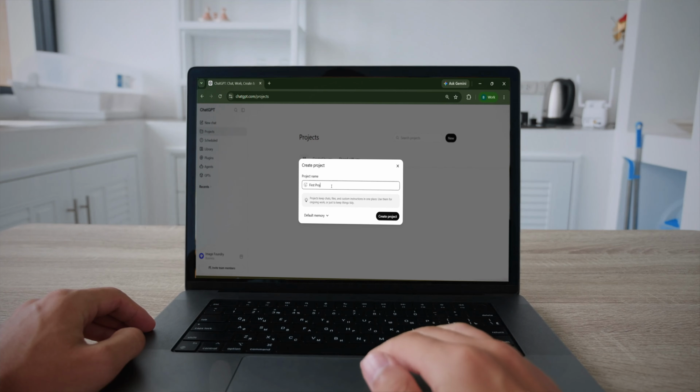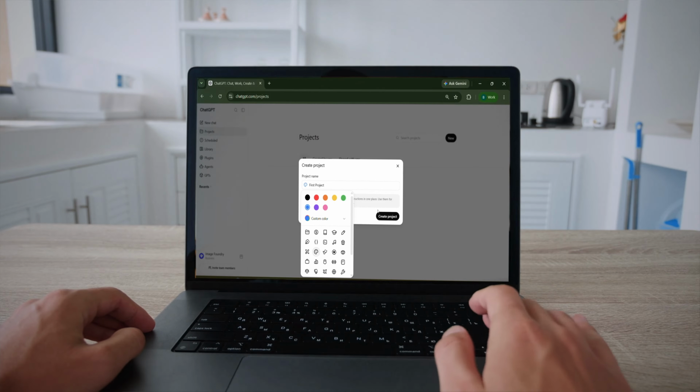Creating projects in ChatGPT or Claude is actually really easy, but if all you've done is given it a name, chosen a color, and put a few chats inside it, you're probably only using a very small part of what projects can actually do. Because the really useful bit isn't just keeping your chats organized, it's being able to tell the AI how you want it to work, so you're not having to explain the same things every time you